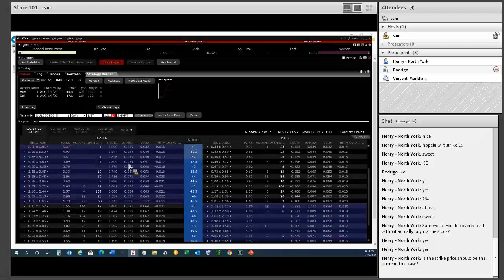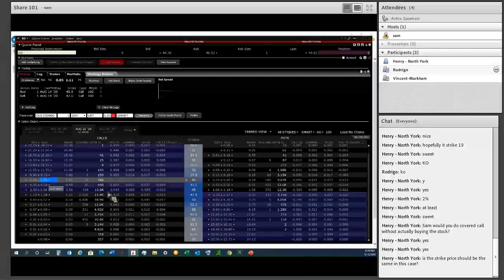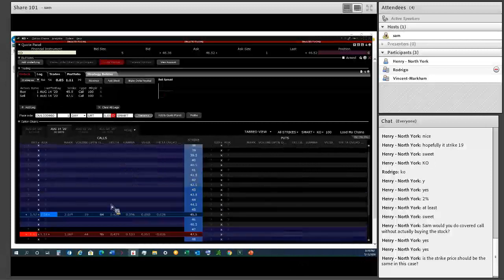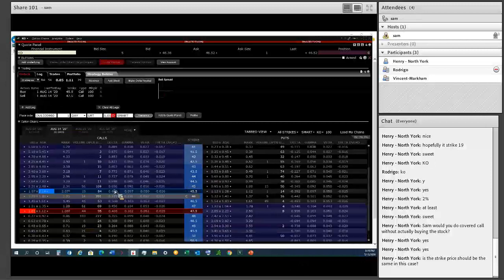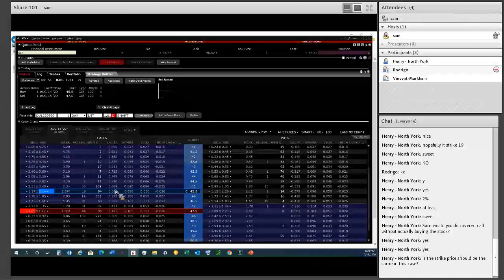So instead of buying the stock, the idea behind that obviously is to use less capital. We're going to use less capital if we go 30 days out, closest to 60, and sell the 30 days. But typically, Henry, when you're doing that, you want to buy 60 to 90 days out. You don't really want to buy 30 and 30, but you could buy 60 to 90 days. The strike price should be the same in that case. You mean when you're buying further out? Is that what you mean? Buying further out?